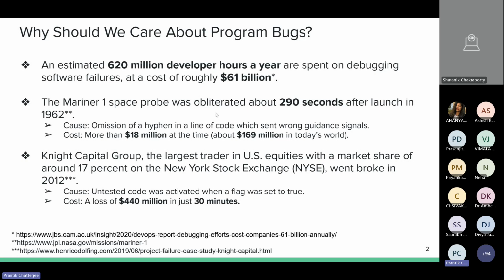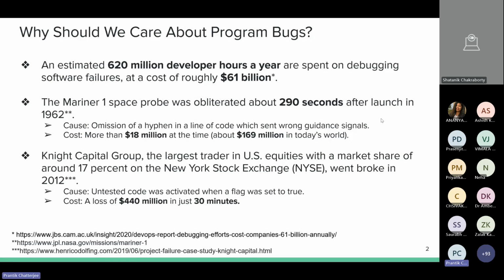The bug was very simple: there was one extra hyphen in the code, which resulted in the probe veering off course. The directions being provided to the probe were buggy, and eventually it had to be self-destroyed. You can understand how even a very simple bug can cause a very costly mistake. The cost of this failure at that time was 18 million, which in today's terms would be around 169 million US dollars.